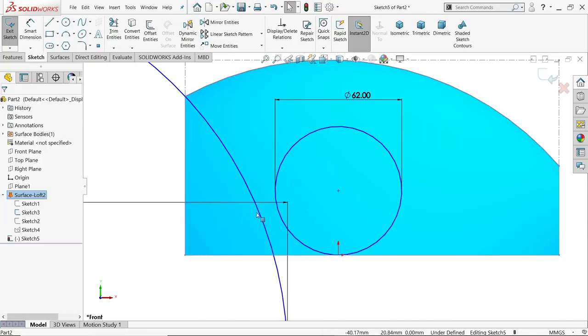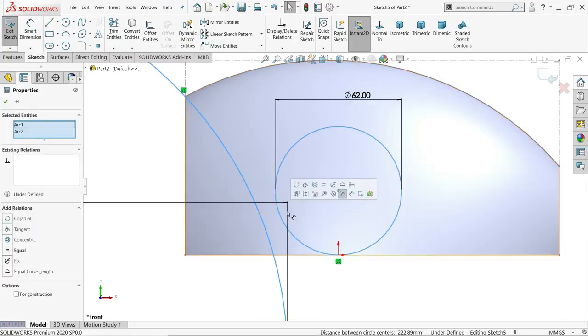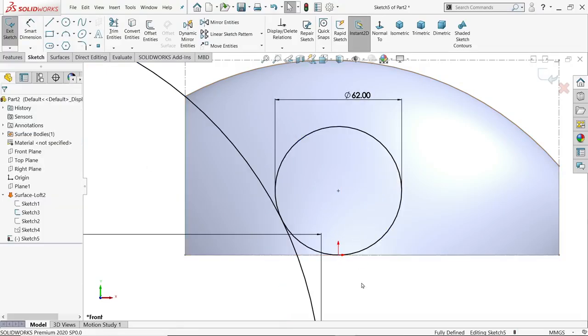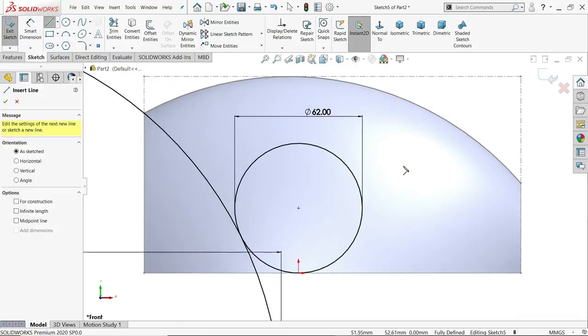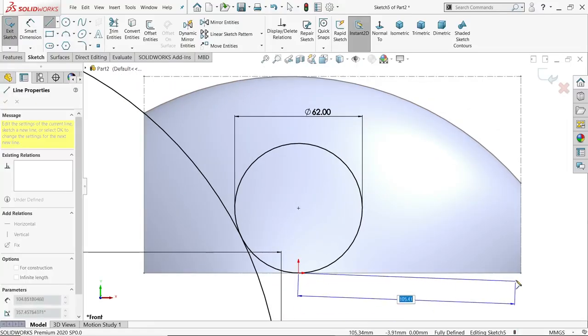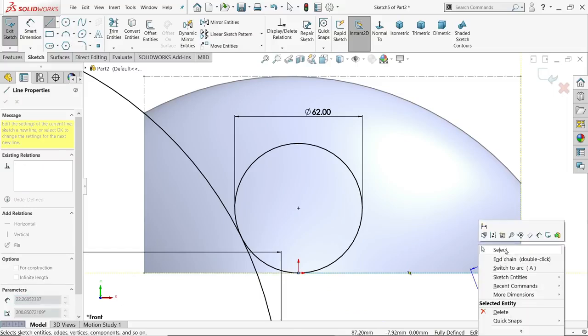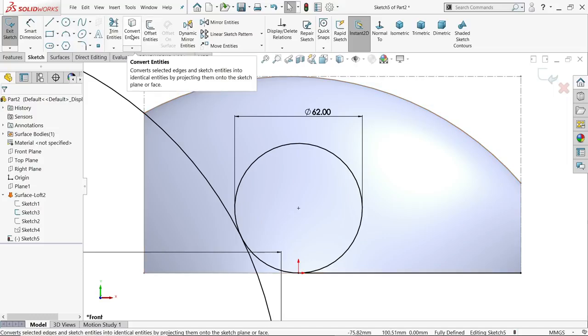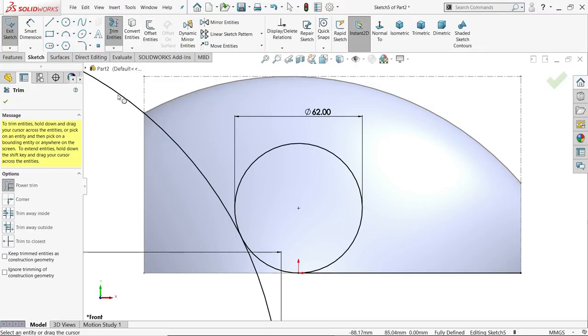Now select these two. Tangent, this is important, and this relation also important. Vertical. Let me choose a line from here to this point. Now let's try trim entity, click power trim,